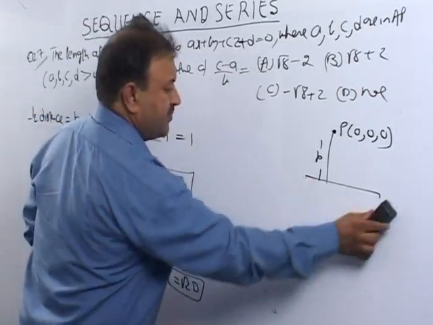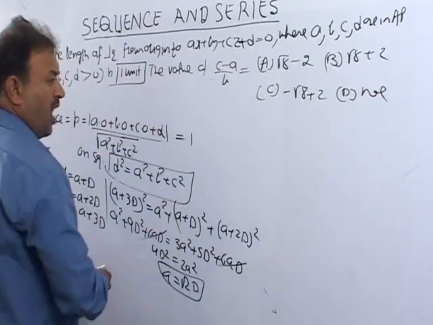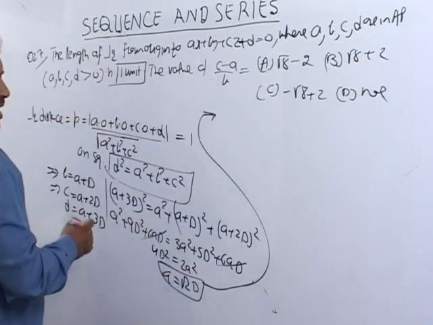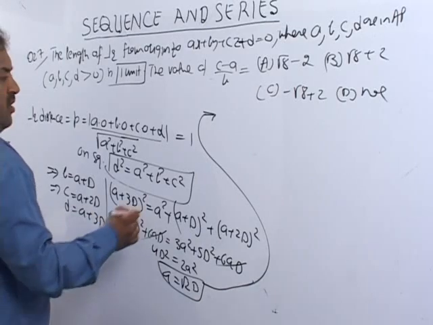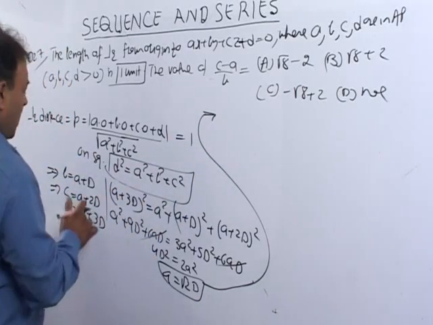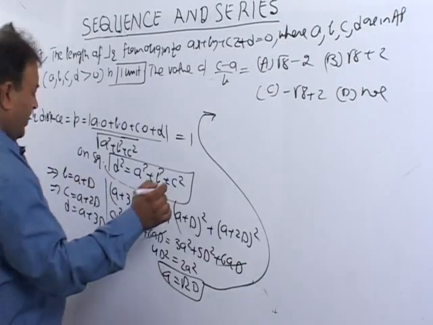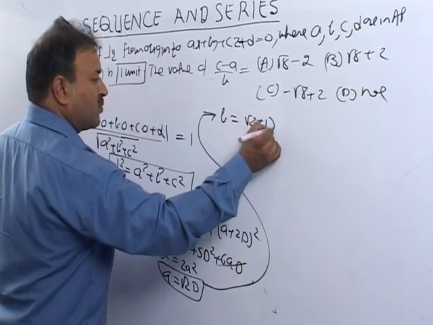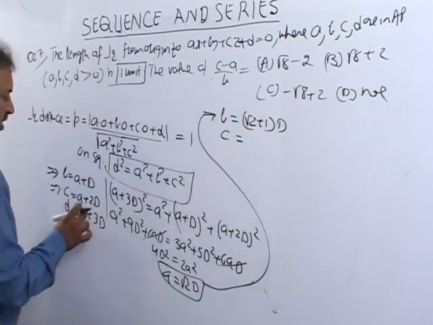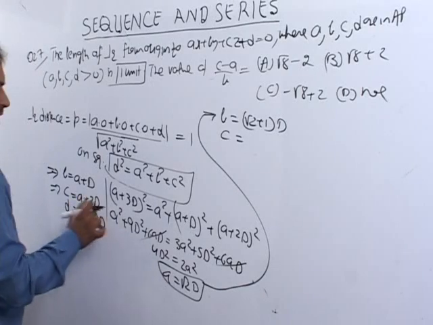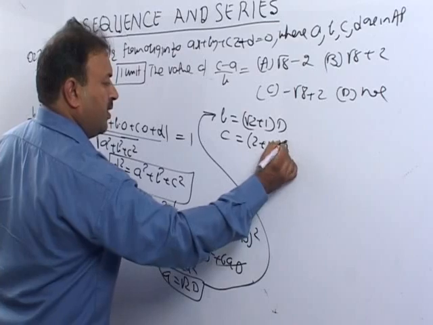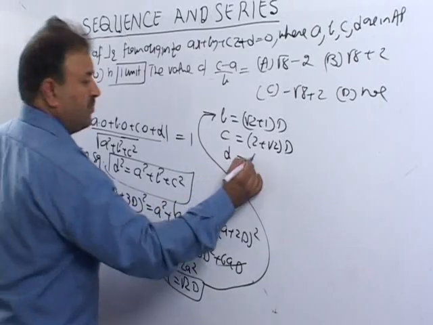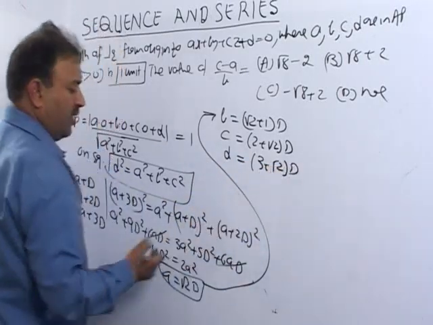Now I am coming over here and I start from here. A is equal to root 2 d. Now I find out B. B हमने क्या suppose किया था? हमने suppose किया था B is A plus d. A की value आ गई root 2 d plus d. I can write root 2 plus 1 into d. C is equal to root 2 d plus 2d, I can write 2 plus root 2 into d. Then D is equal to 3 plus root 2 into d.